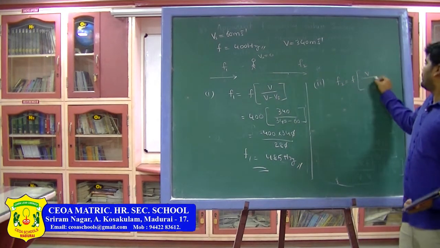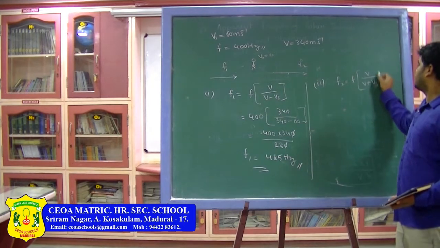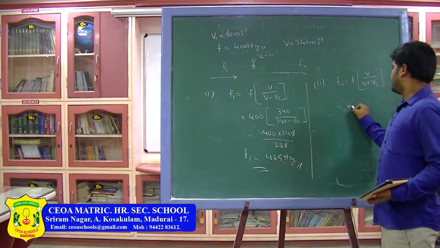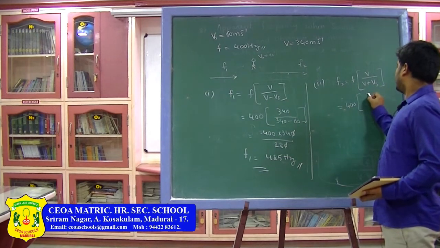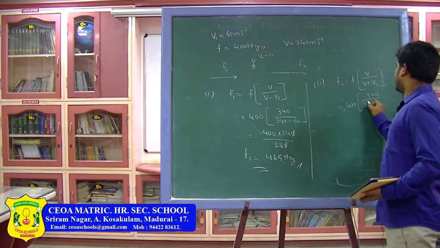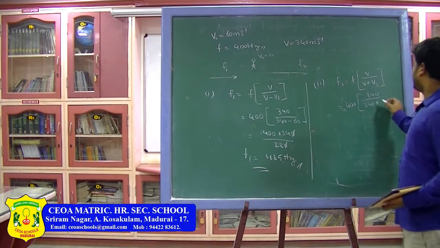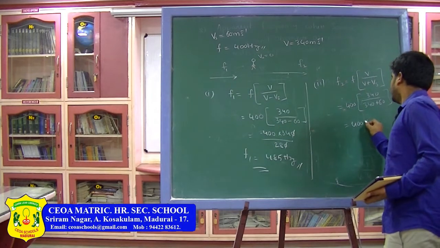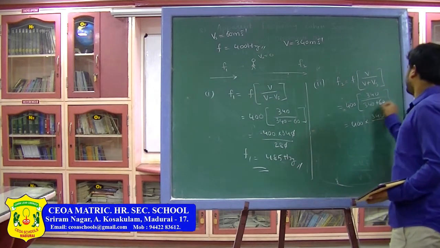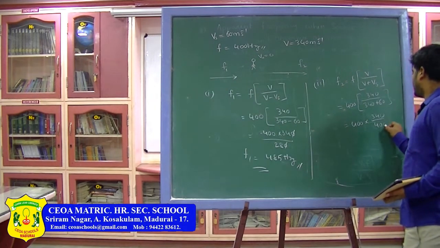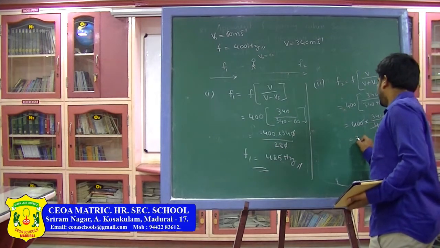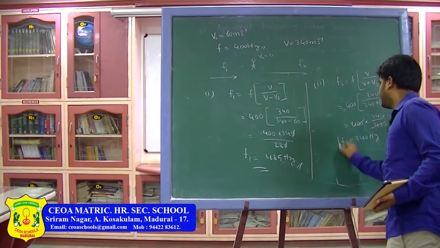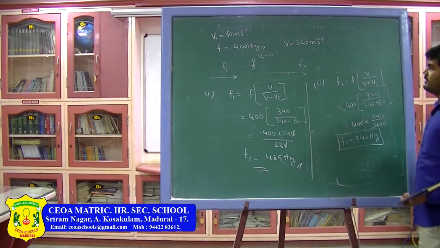So v divided by v plus vs is the apparent frequency formula. Now substituting the values, it is 400 into 340 divided by 340 plus vs value 60. So it is 400 into 340 divided by 340 plus 60, 400. So 400 will get cancelled. The frequency value is 340 Hz, that is the apparent frequency in the second case when the source is moving away